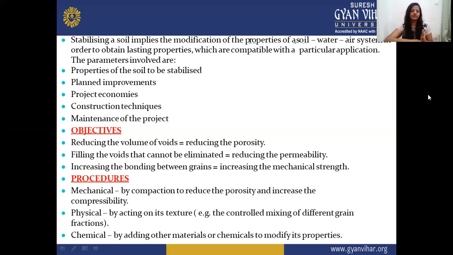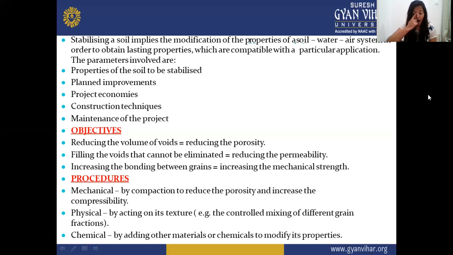Usually we can fill the voids with smaller particles of soil, which can take up the space in between the other soil particles. So we can try mixing different soil types, or mixing some binding agents such as lime, gypsum, or cement into the soil, so that the voids get filled up, and hence the permeability, because the void is less, the seepage or the permeability obviously reduces, increasing the bonding between the grains and increasing the mechanical strength.